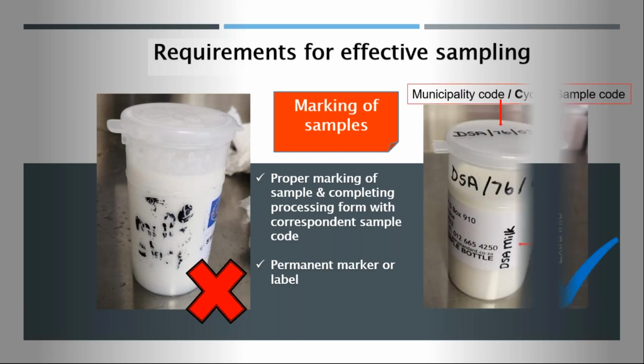And then you'll see the right-hand photo. Here we can see how a bulk bottle should be marked. The municipality code, first of all, where DSA is the municipality code. And then the cycle, the 76 is the cycle, and then the sample code, the 03 is the sample code, are written neatly. And a bonus is that it has been written on 2 locations on the bottle and